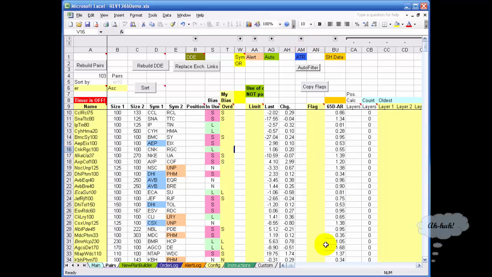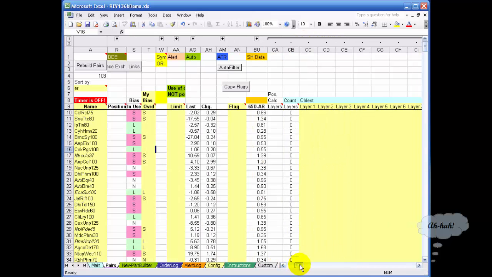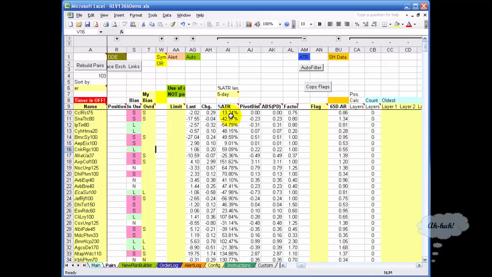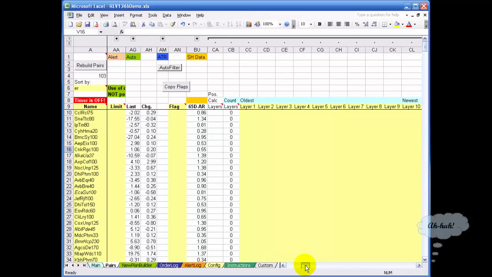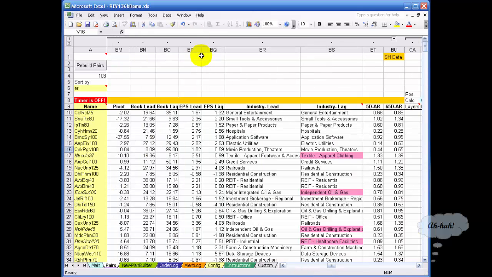This version of the program now calculates or collects the data on the high and low live during the day by running a timer, so your percentage ATR is constantly updated, and the distance to the pivot, and so forth, is constantly updated as well. Then we also have a large area of spread history data that you can use for research